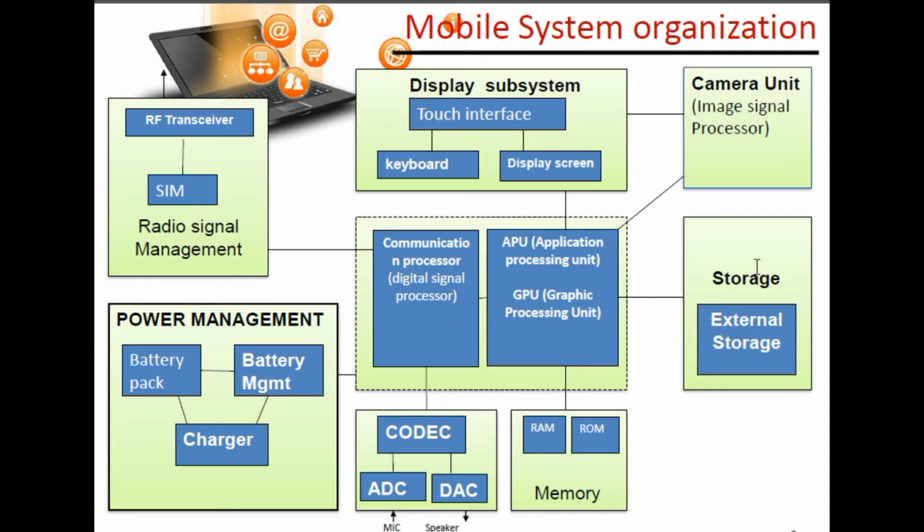And the CPU is also connected with the storage unit, that is external storage like a memory card or internal storage of the memory, okay, and its internal memory storage like RAM and ROM. Okay, and finally this particular processor is also connected with the SIM card, the SIM card holder also, and the RF component also, that definitely receives the radio signal and manages it.